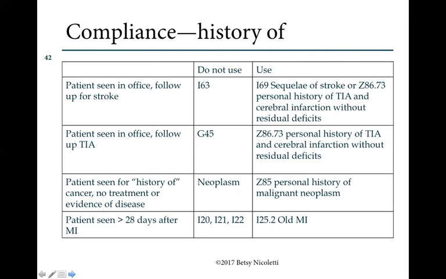But from a compliance and risk point of view, the neoplasm codes have risk adjusted scores, whereas personal history doesn't. So now that we're trying to present this accurate picture to our payer, and where our revenue in future years might depend on our risk score, we want to make sure that we are very compliant about our cancer diagnosis codes. And then patients seen in the office for follow-up after an MI,